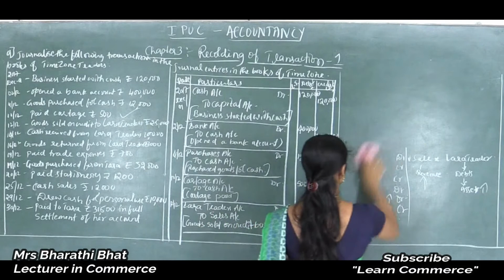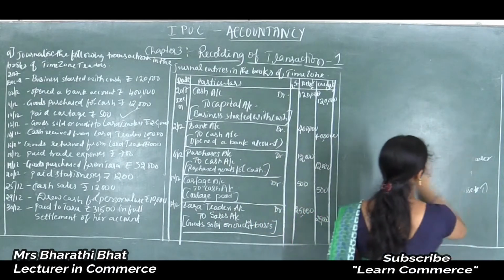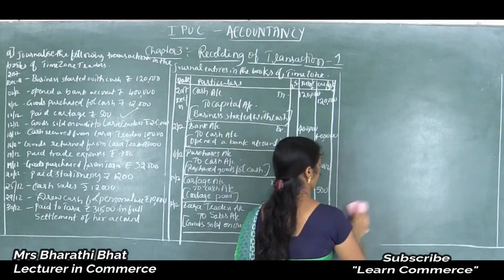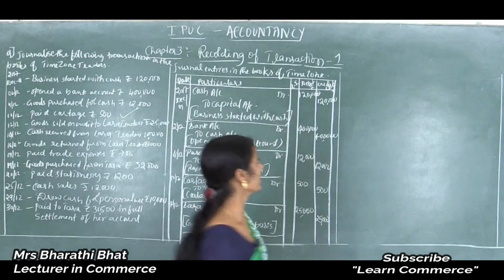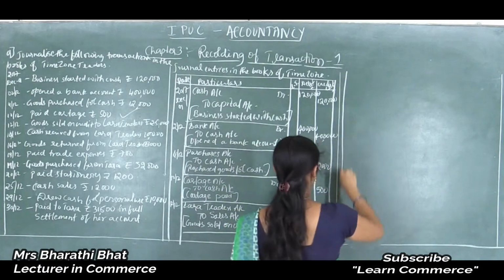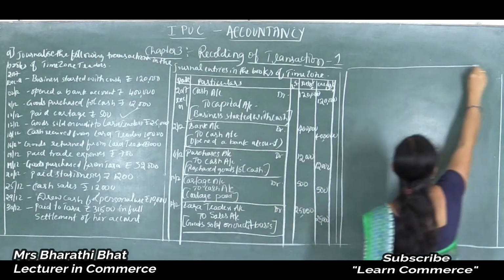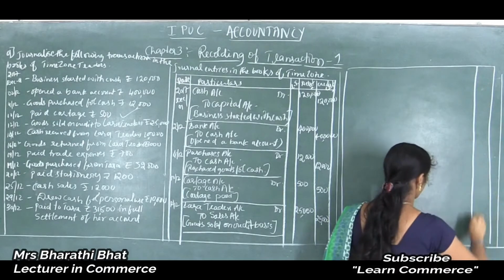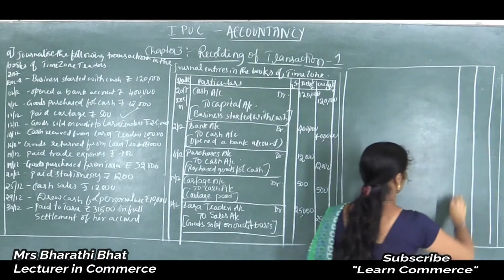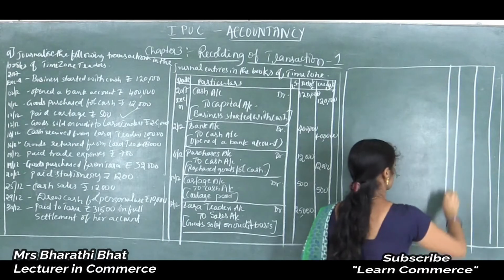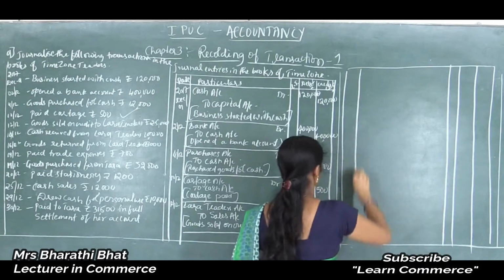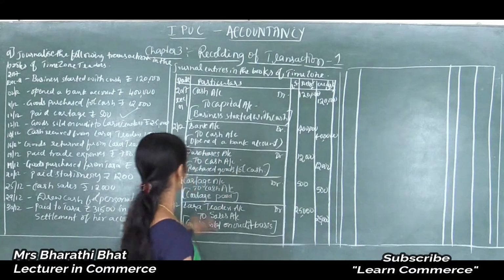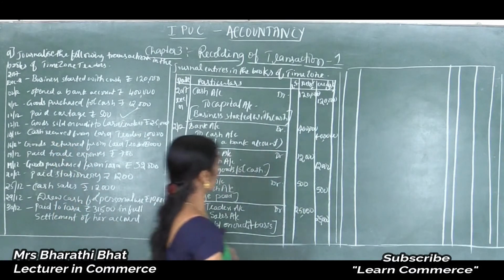I'll erase this. It's just for rough work. And continuation. We need to record the next transaction in the journal. Draw the format again. In your notes, it comes under continuation. Okay. So the next one is